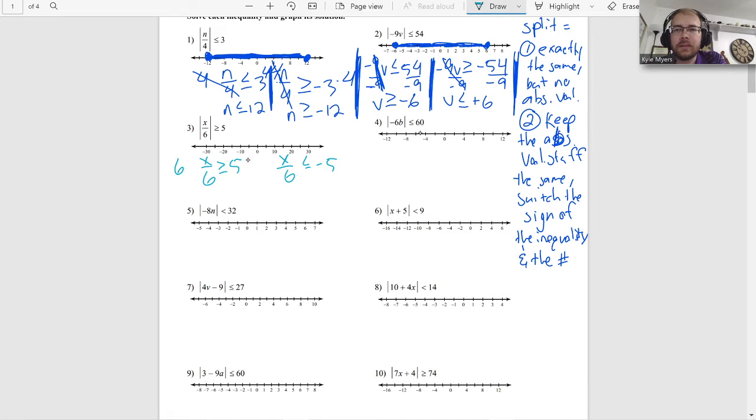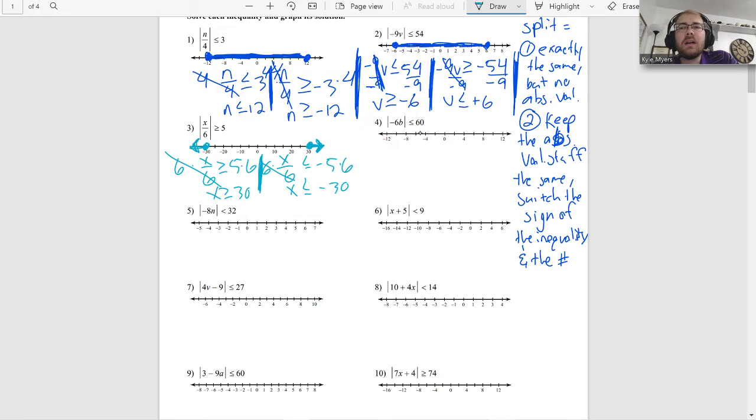All right, multiply everything by 6. 6, 6, 6. A little divider right here so I don't get those two mixed up. That cancels, that cancels. X greater than or equal to 30. X less than or equal to negative 30. Oh, that's kind of interesting. This one ends up working out like an or, because technically, if I have less than or equal to negative 30, that would be like this, and then greater than or equal to 30 is like this. Now, if this was an and, because I told you number 2 was an and, it's only what they have in common. This one actually works out like an or,